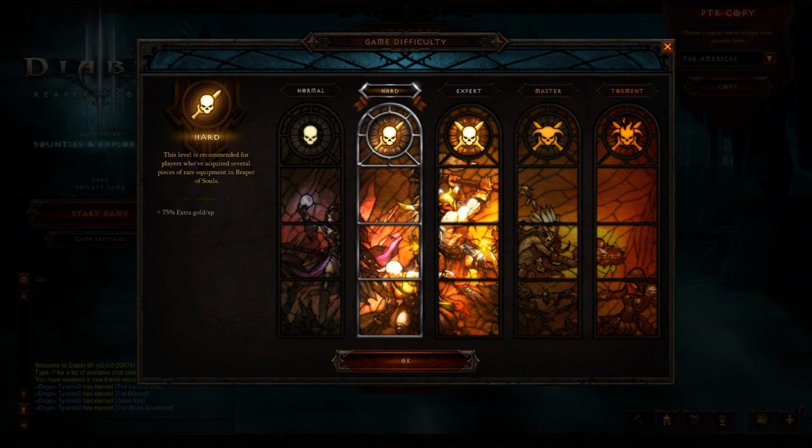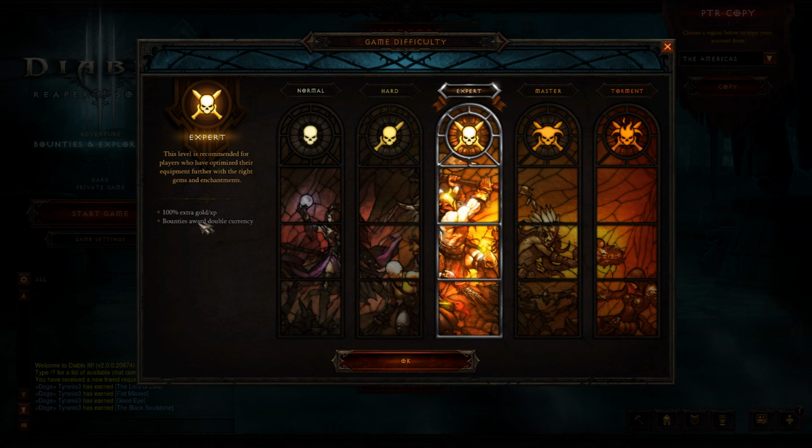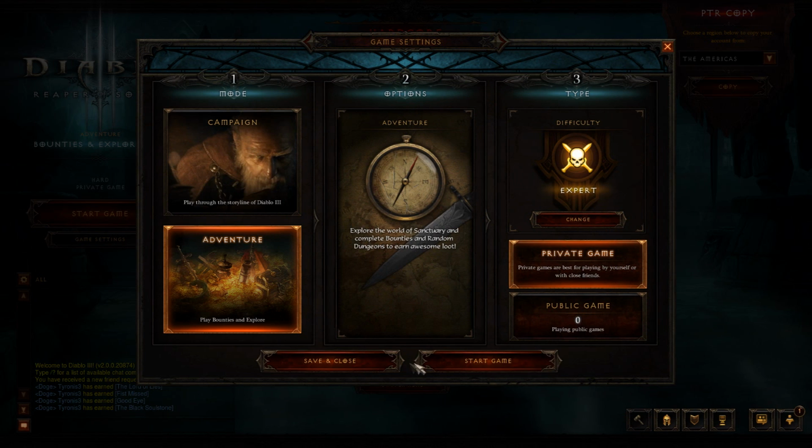so that's going to be pretty significant. We had 75 before. And we also get Bounties award double currency, so this is the blood shards and also gold as well. Now this is pretty significant because it means we can gear up a fair bit more. We're getting a fair bit of extra resources. But yeah, we'll see how we go. Monsters are going to deal more damage and be much harder to kill. The harder to kill part is probably going to slow us down by quite a bit,